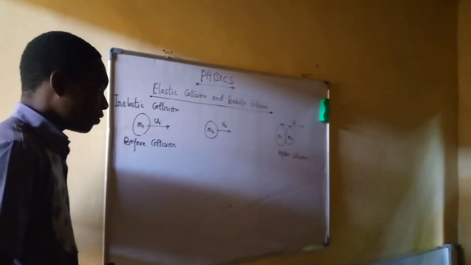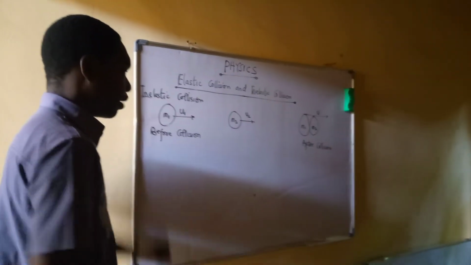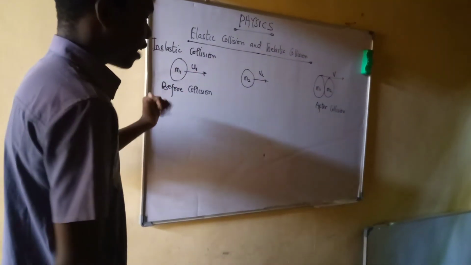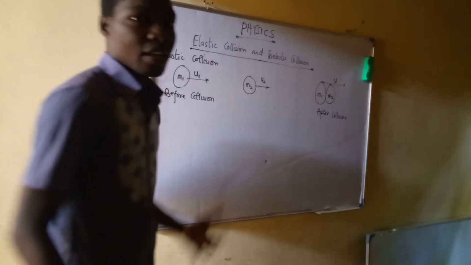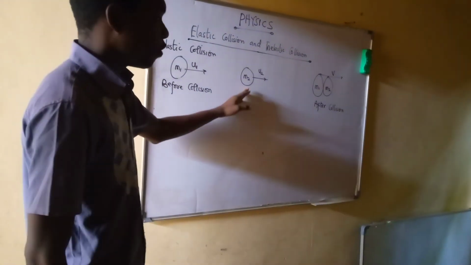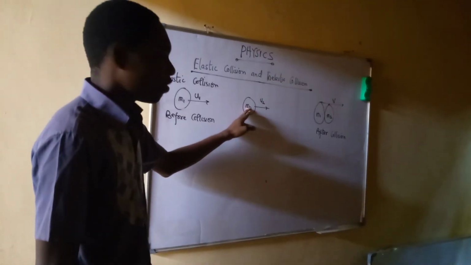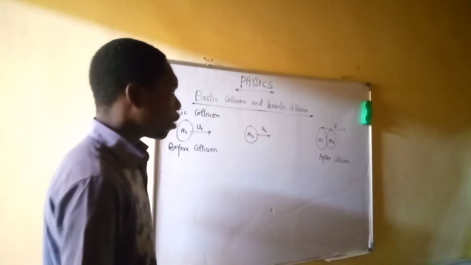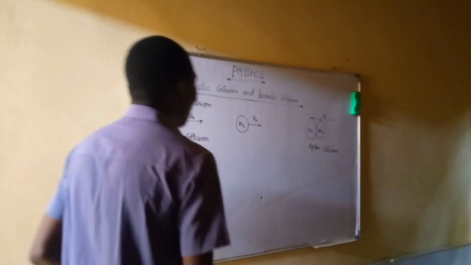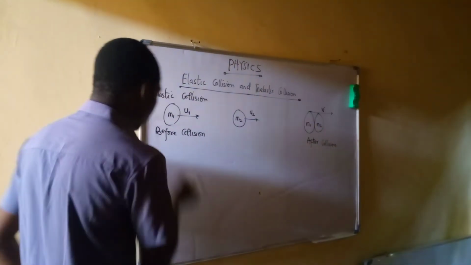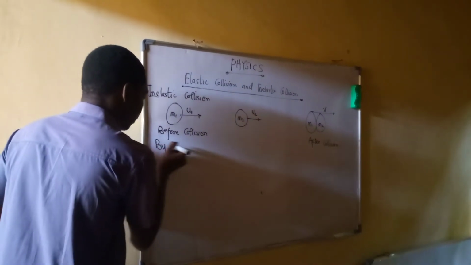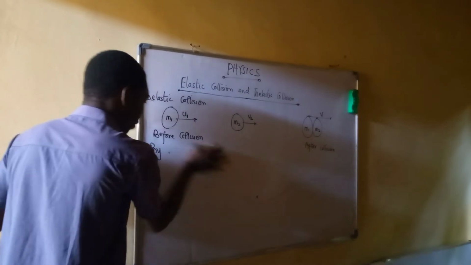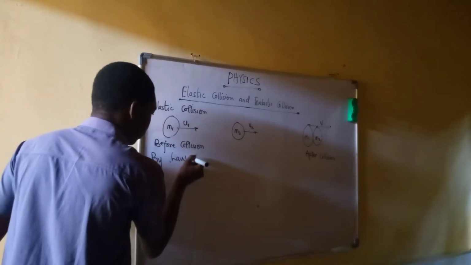Now, what will you observe? You observe that body 1, whose mass is m1, is moving in a positive x direction with an initial velocity u1, while body 2, whose mass is m2, is moving with an initial velocity u2. Then after collision, both of them are now moving together. By the law of conservation of linear momentum,